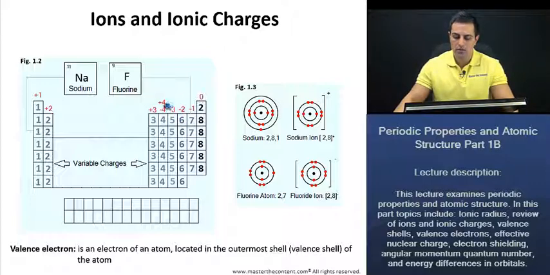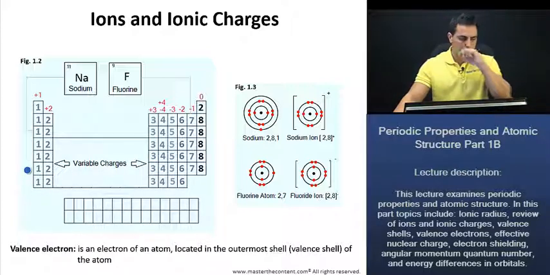It's going to gain 3 electrons, giving it a -3 charge, meaning it has 3 additional electrons. It's 3 more electrons than protons. Now, let's contrast these ions with the ions in group 1 and 2 that are actually going to be